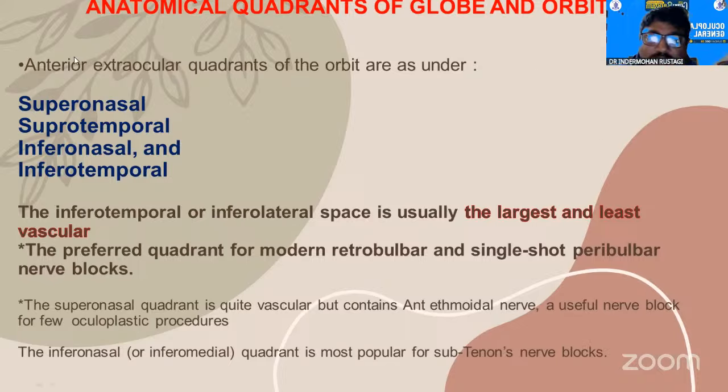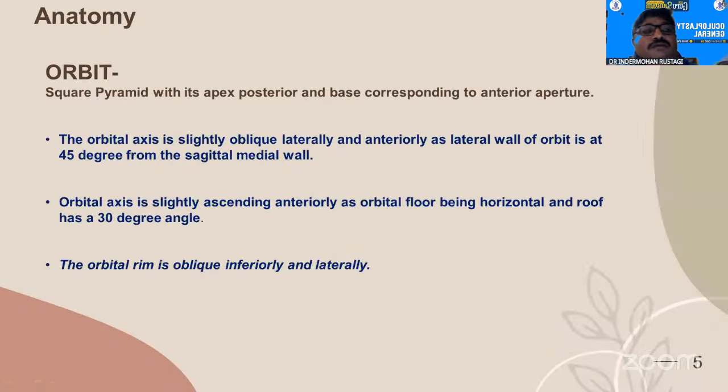And the infranasal quadrant is most popular for subtenon nerve blocks. So anatomy is basically: the orbit is a square pyramid with the apex posterior and the base corresponding to the anterior aperture. The orbital axis is slightly oblique laterally and anteriorly, as the lateral wall is at 45 degrees from the sagittal